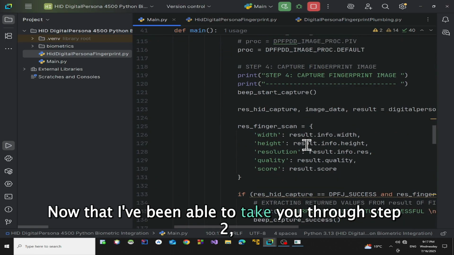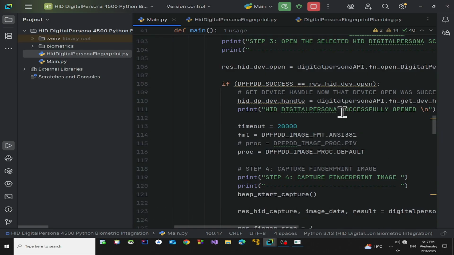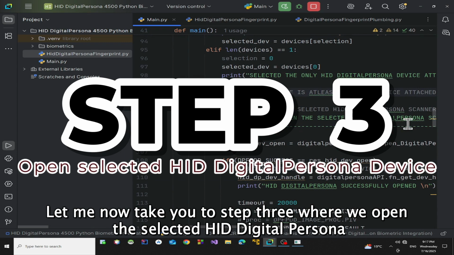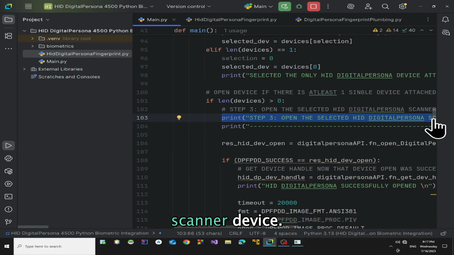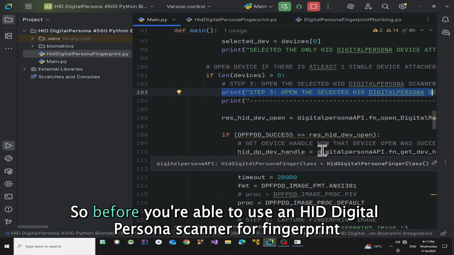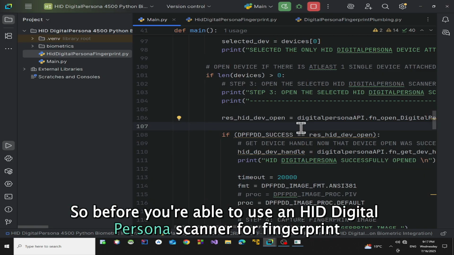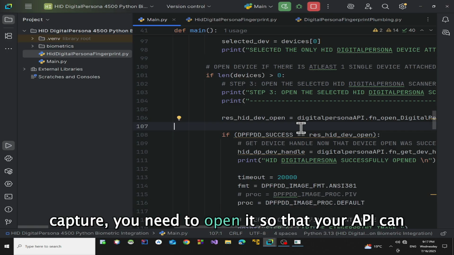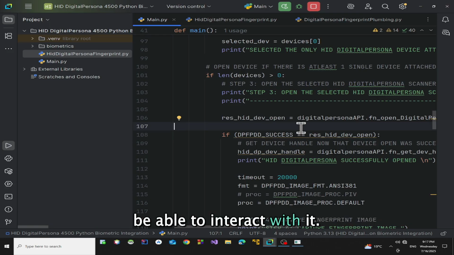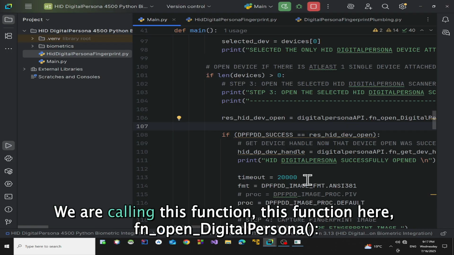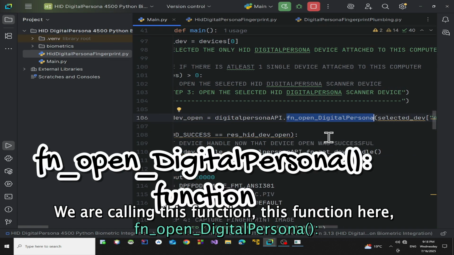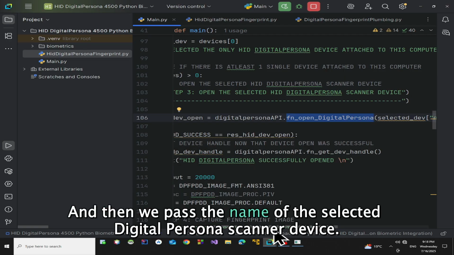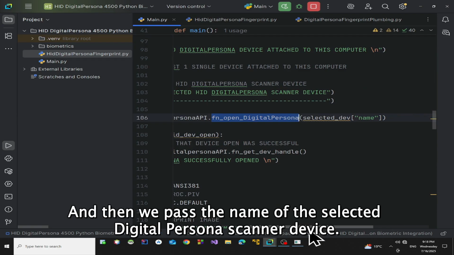Now that I've taken you through step 2, let me take you to step 3, where we open the selected HID DigitalPersona scanner device. So this is what happens here. Before you are able to use an HID DigitalPersona scanner for fingerprint capture, you need to open it so that your API can interact with it. So that is what is happening here. We are calling this function here, fn open DigitalPersona, and then we pass the name of the selected